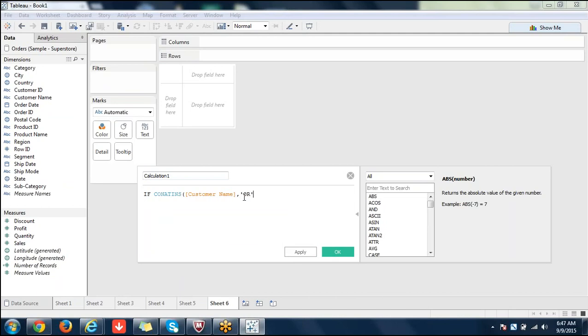If it contains OR, then let's name this test, and we'll display a string called first, else if.